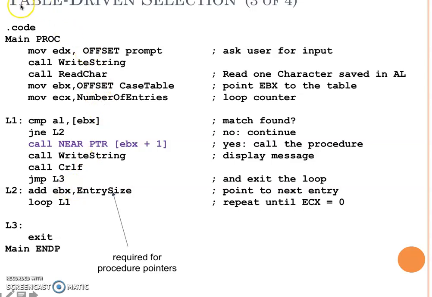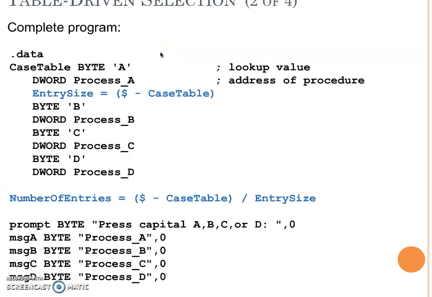But here, actually, this one is a very important thing. How will you make your table-driven selection display? What you need to do is have this case table ready, using the choice first, then the procedure,